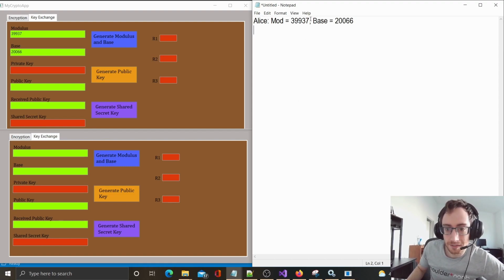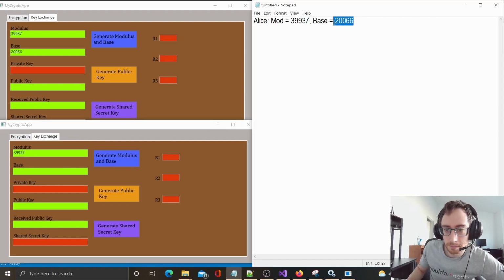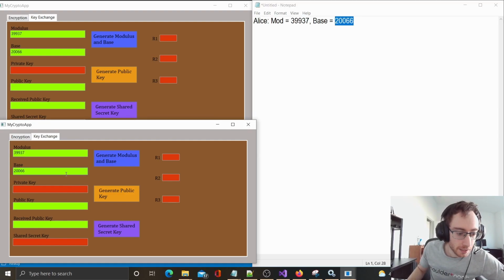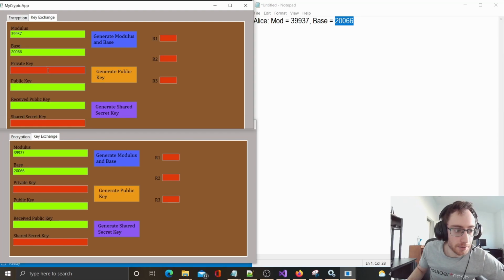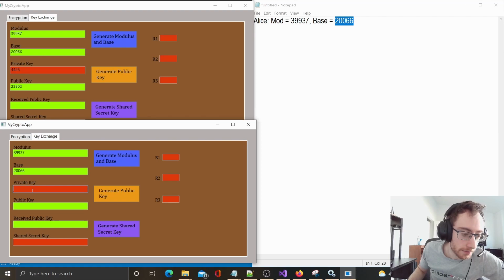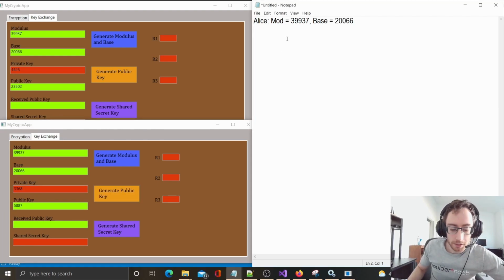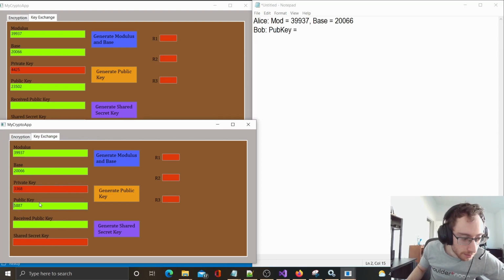So Bob will receive this modulus base pair, and he can just add that to his key exchange section on his app. Okay, and now Alice will come up with some private key. Let's say her private key is 4425, and generate her public key. Bob will have his private key as well. Let's say that's 3368. So then Bob might say, here's my public key, and his public key is